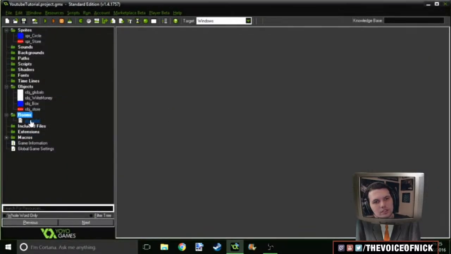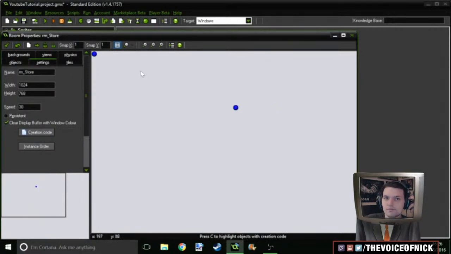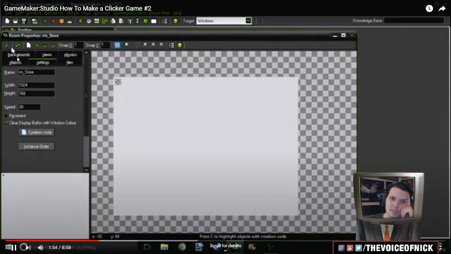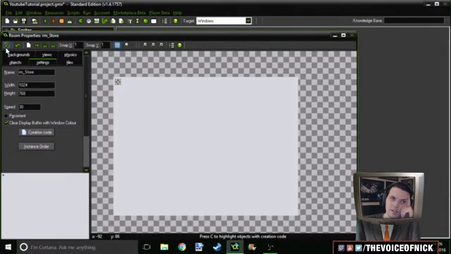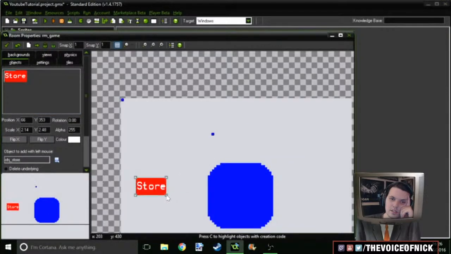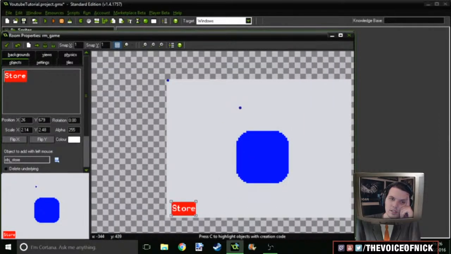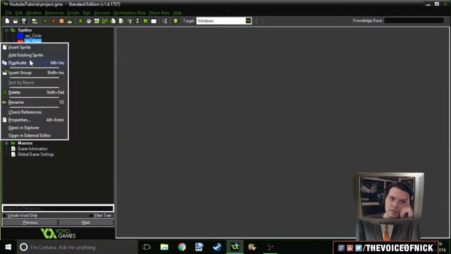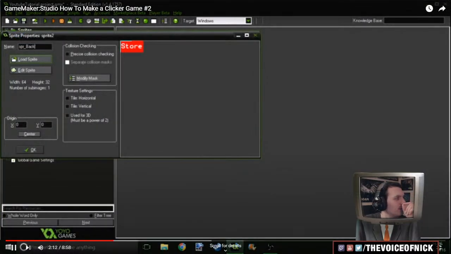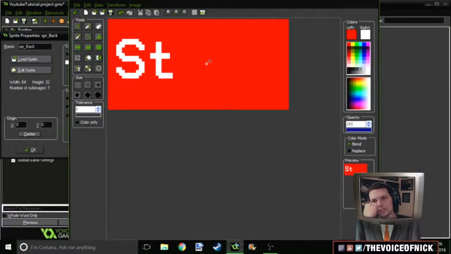Alright, so let's make a new room. Let's duplicate this one. And call it store. And you can get rid of that. And you also get rid of the global I guess if the store is an entire screen. I'll put the money up in the corner. Okay. So in our game, we're going to need to put in the store button. Alright, right down here. And we're also going to need a back button, so let's duplicate this. Our game would probably not have the store be on a different screen. It'd probably be within the existing